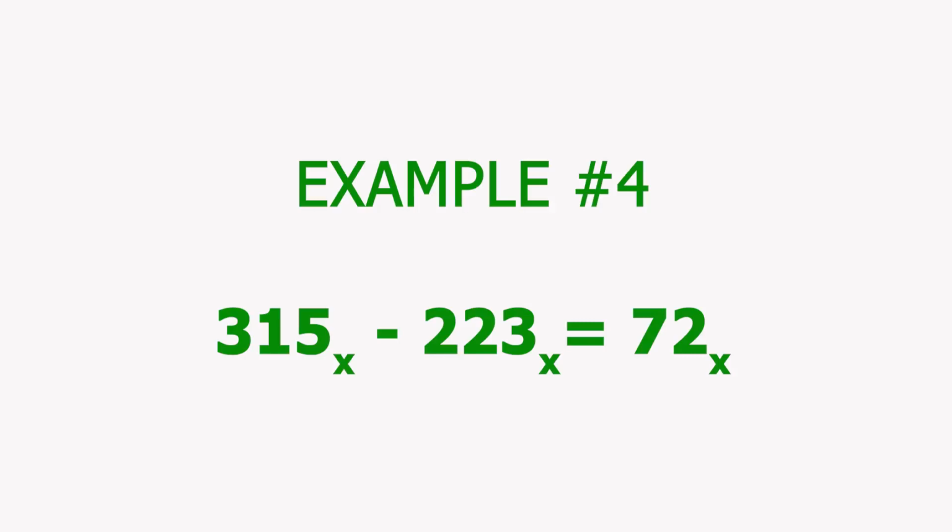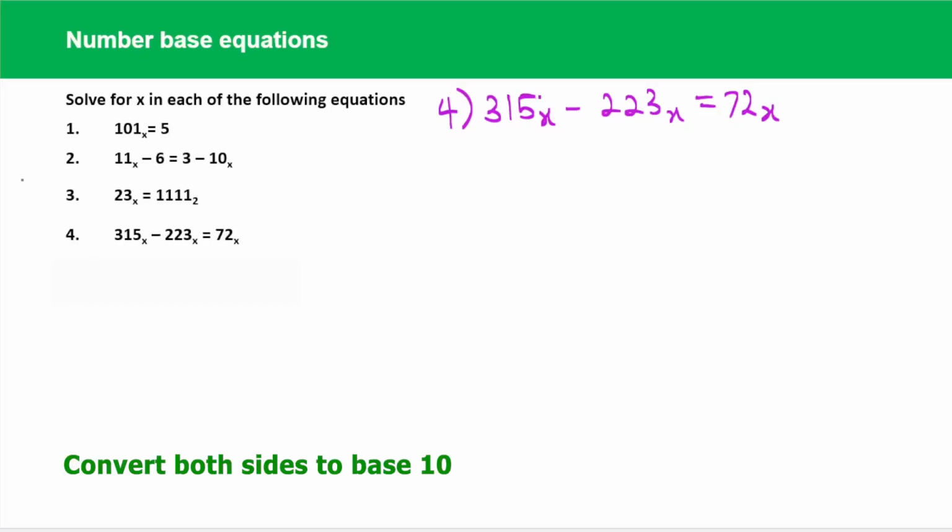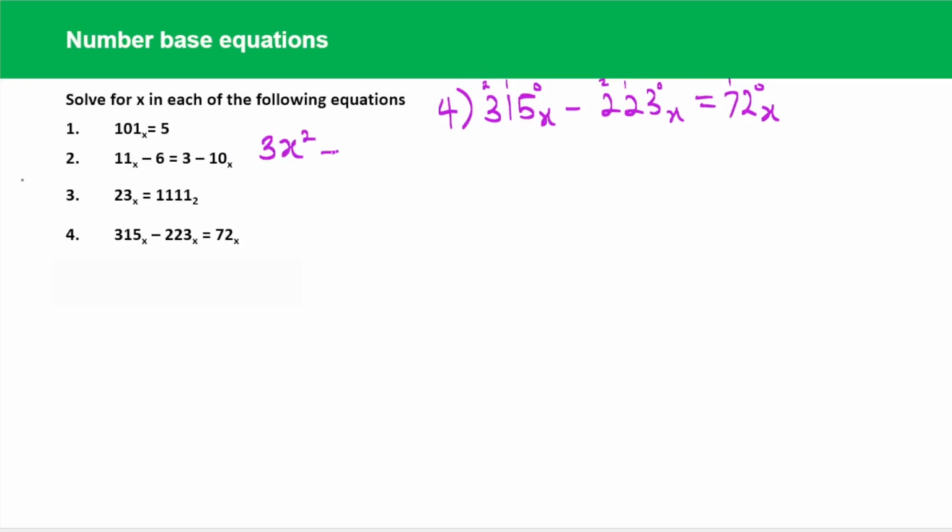Example 4. We have 315 base x minus 223 base x equals 72 base x. The first step again is to convert each number to base 10. We begin by assigning powers of 0, 1, 2, 0, 1, 2, 0, 1. Now the next step is to use each digit, multiply the base, raised to the power assigned to the digit. So we have 3 times x raised to power 2 plus 1 times x raised to power 1 plus 5